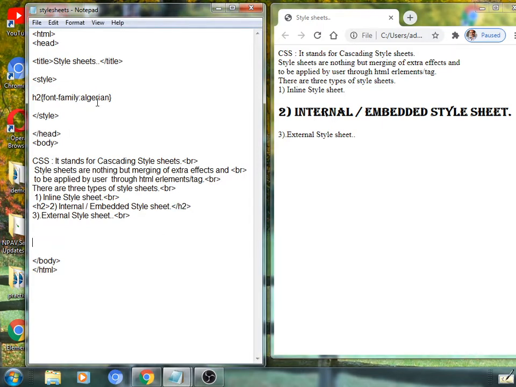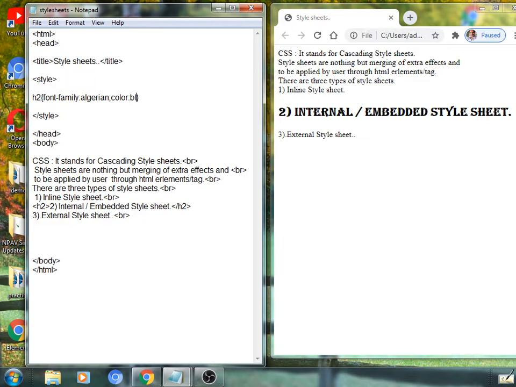Only one property we have applied with its respective value. Another property can be applied for this content. So for giving a next property, apply here first a semicolon and the next property will be there. Suppose if you want to give some color for this text, simply apply here the word color as a property, color colon and its actual value to be applied.